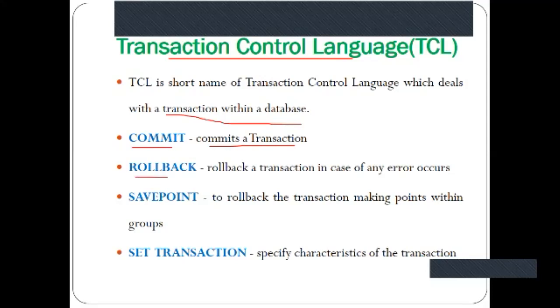We use rollback whenever there is an error that occurred while executing a transaction. And what is the save point? Save point is used to roll back the transaction, making points within the groups.